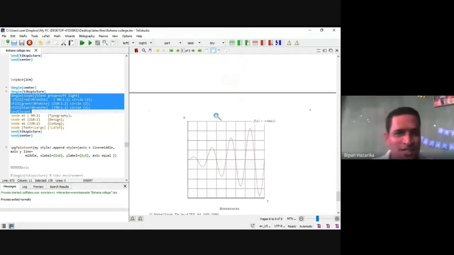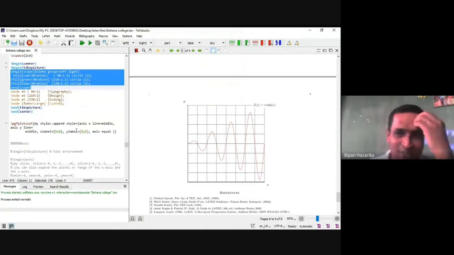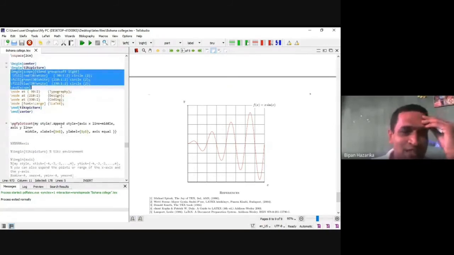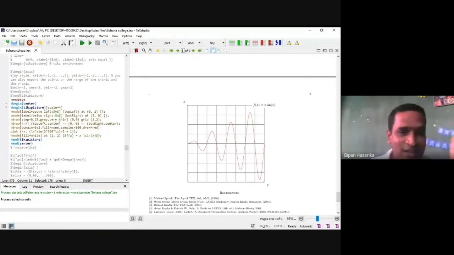Then another function. f(x) equal to x sin x, also we can draw in LaTeX. So your plot main function is this one. This is the plot function, and this is shown actually. f(x) equal to x sin x is shown here.